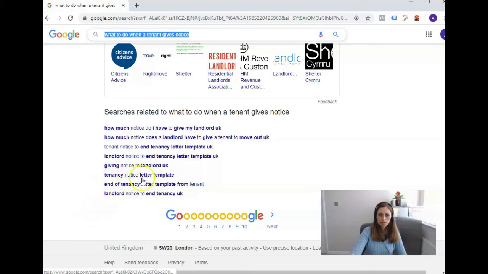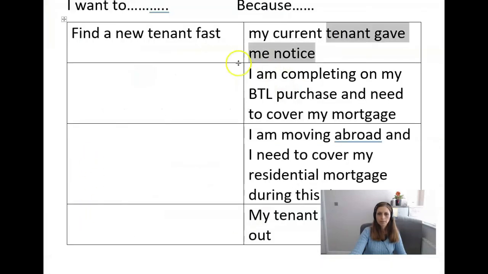Tenancy notice letter template. So again, this one, you might within the article, if you want, put a link to a template which landlords can download, and that could be their progression. You could also ask for a name and email address from that landlord in order to progress them to the next step by giving them a free letter template. So there's tons of ideas just purely by doing some Google research. And if you think about the intent and the context, so I want to and then because, that gives you a clear understanding as to what